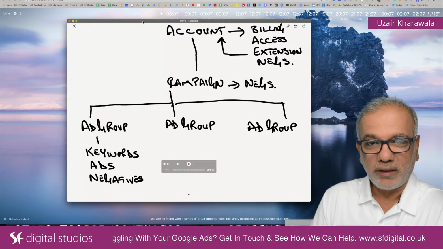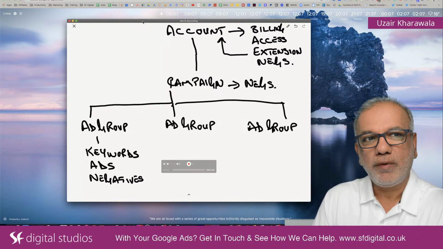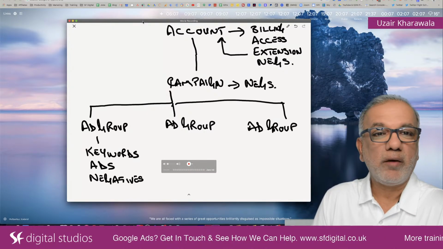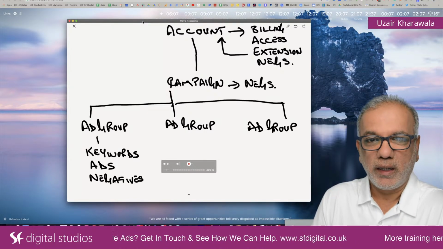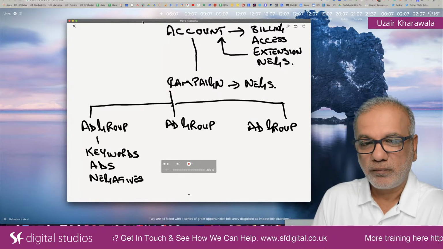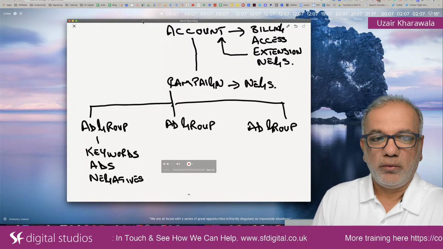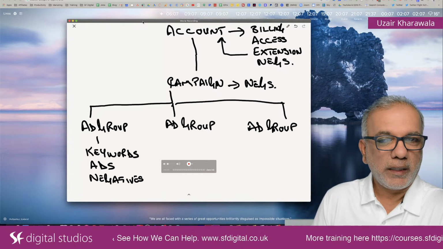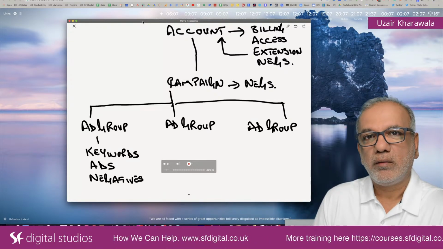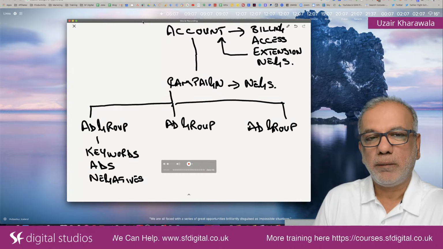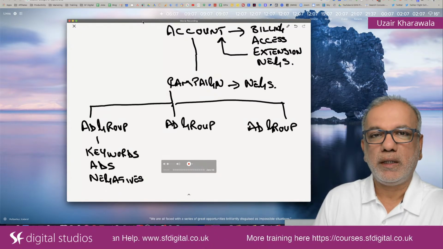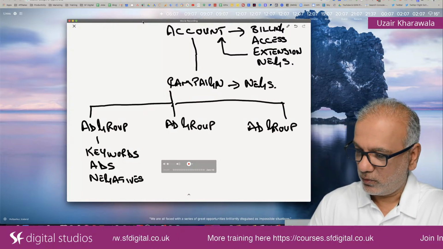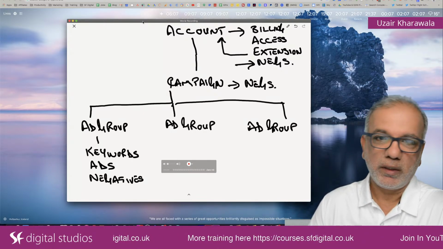Okay, so the negatives, if they are applicable to the whole account and to any campaign or every campaign you set up, you make an account level negative list, and what you do is you then apply it to every campaign you are running. As you get new search queries coming in and you find that these should be negative keywords, then you go to your account level negative list